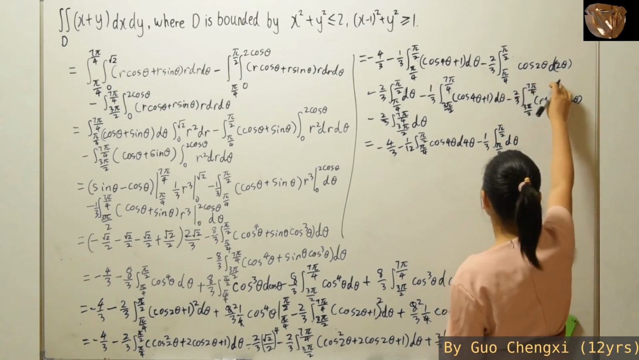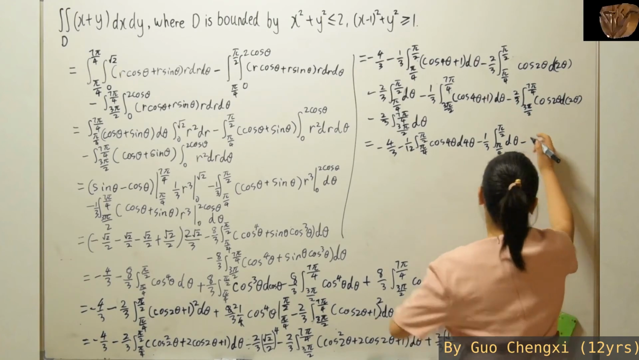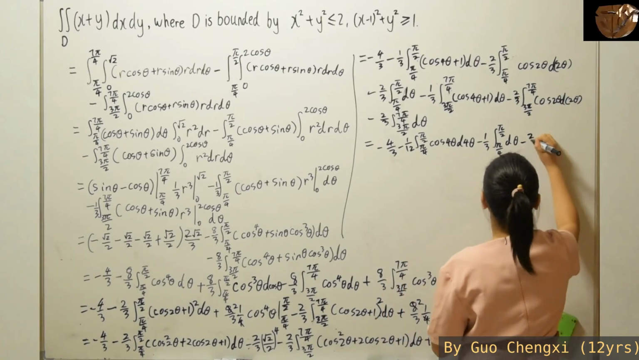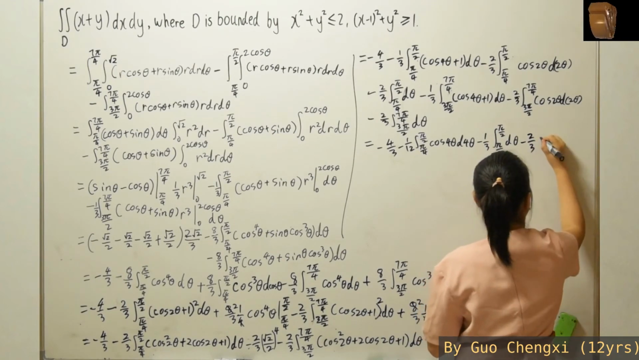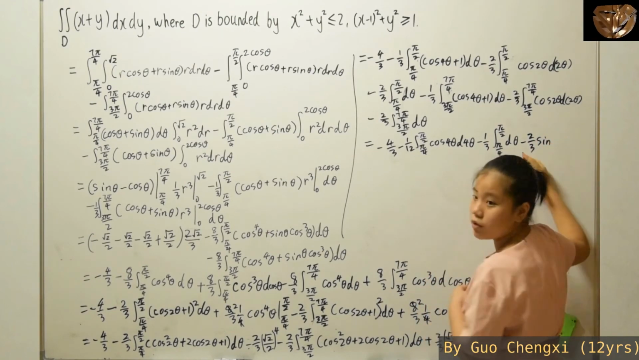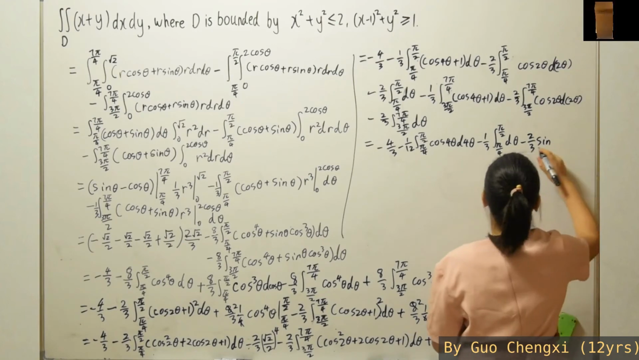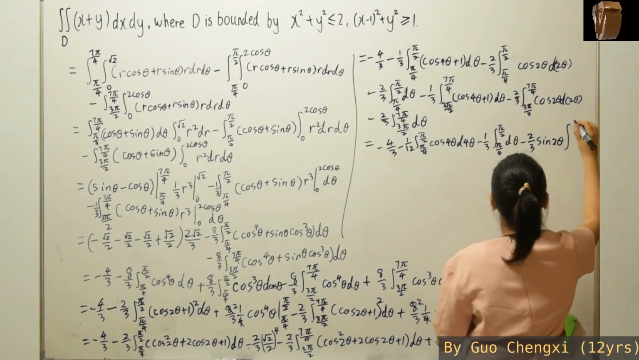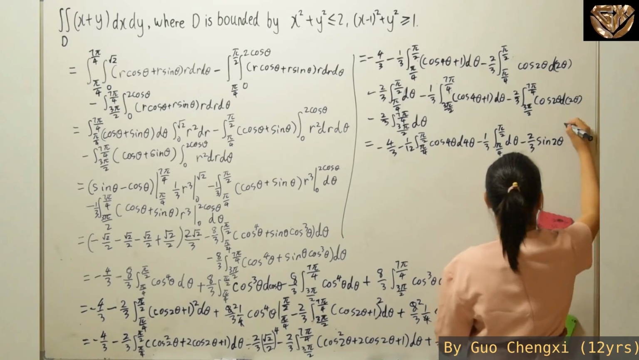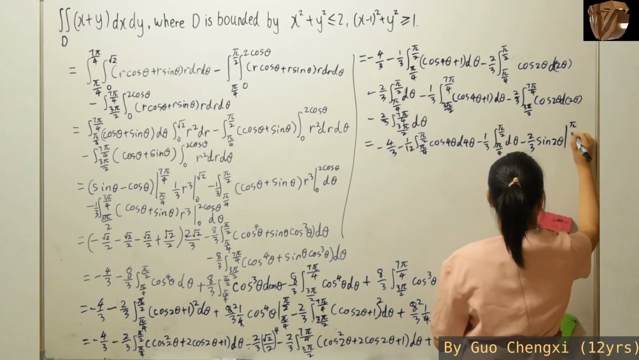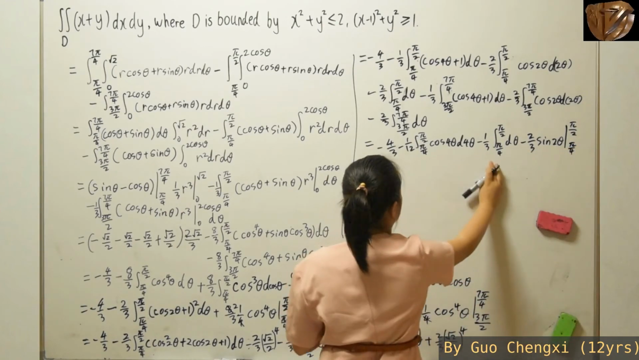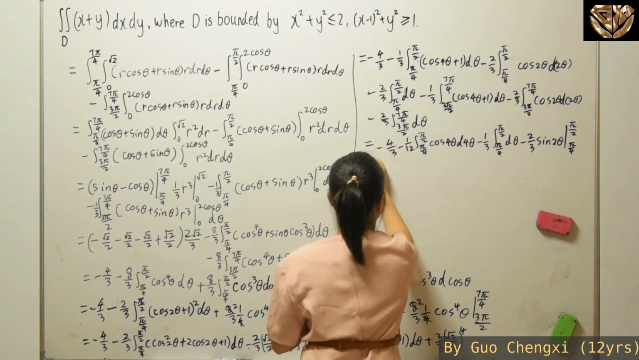And then for this part, what you can do is, so over here, when you integrate cosine, it's still going to be sine, but it will still be negative over here. So it will be sine 2 theta, and the boundary is from pi over 2 to pi over 4. And then after that, what we'll have here is that